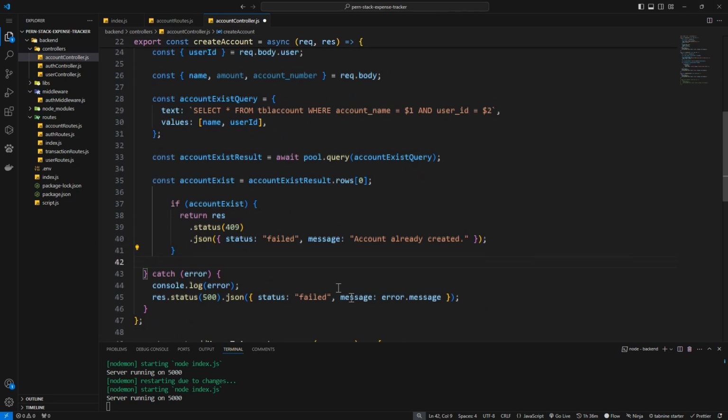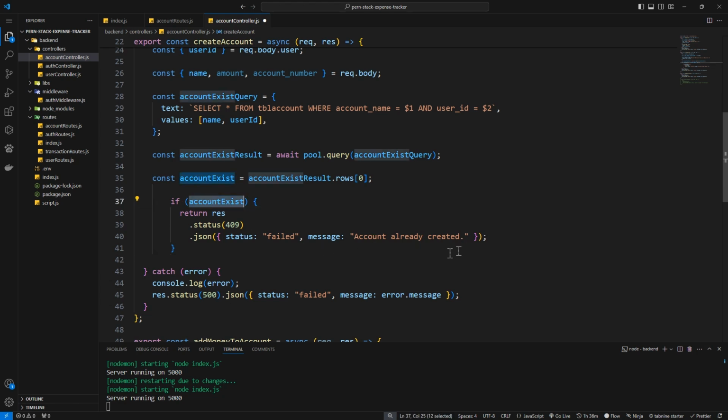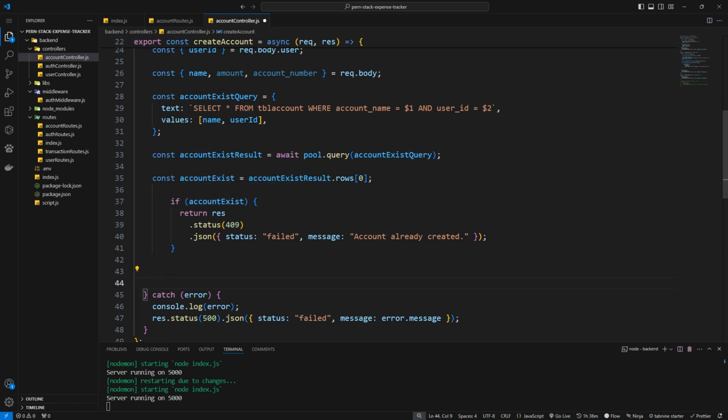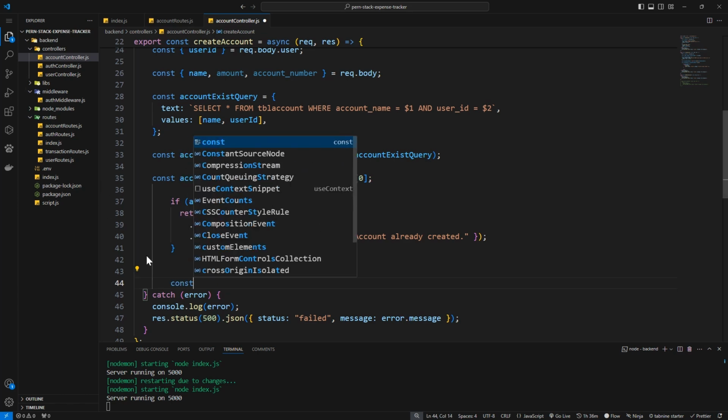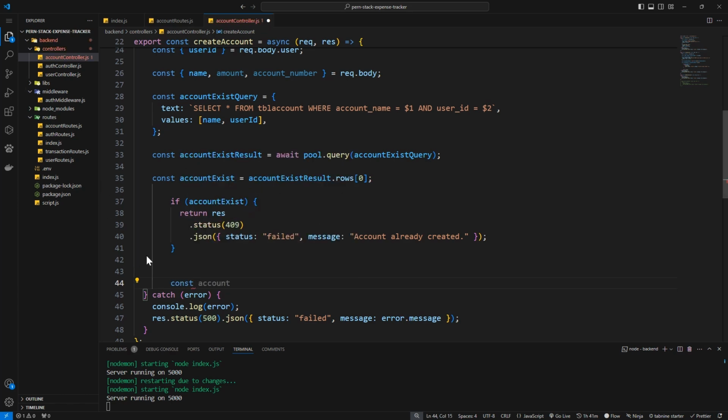If it exists, meaning it has been created, right? If it does not exist, then we can go ahead and create it, right? Okay, so we can also say const create account result should be equal to await